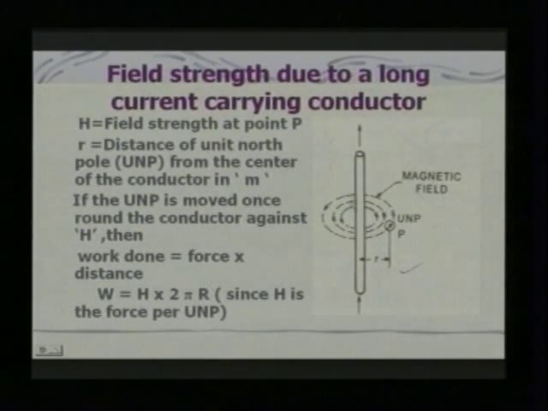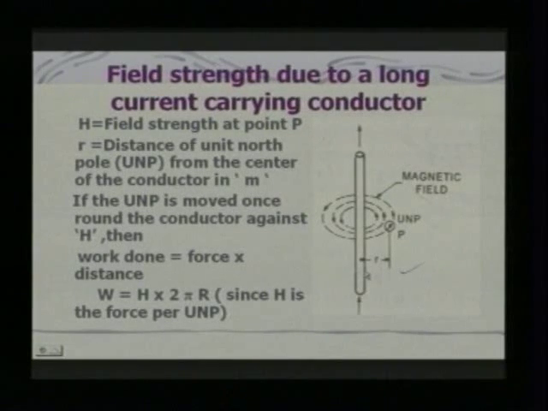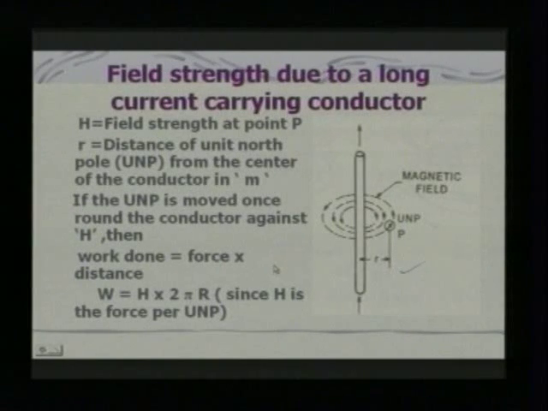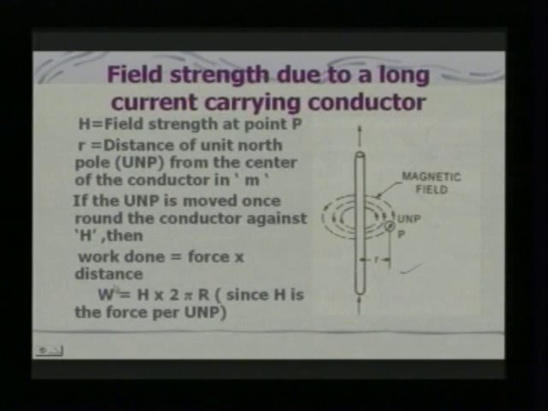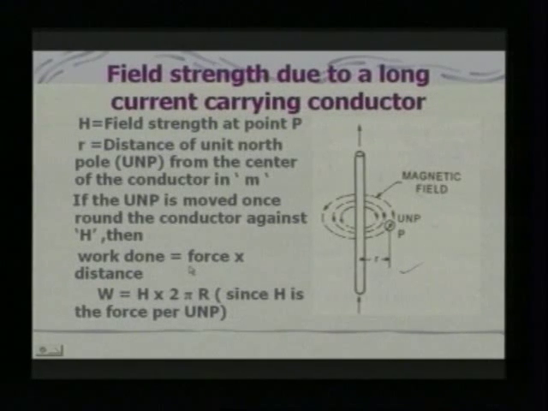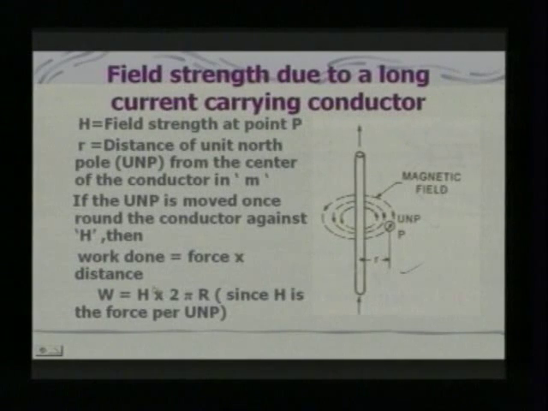If the UNP is moved once round the conductor against the field strength produced by the straight current carrying conductor, then the work done by the UNP is equal to force into distance, where work done by the UNP is given by the product of force into distance. Here the force